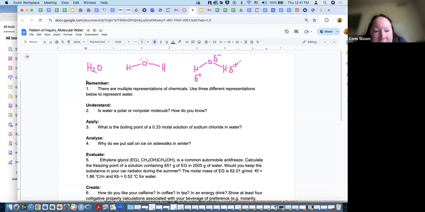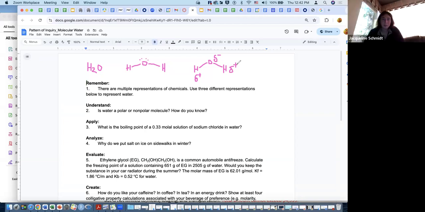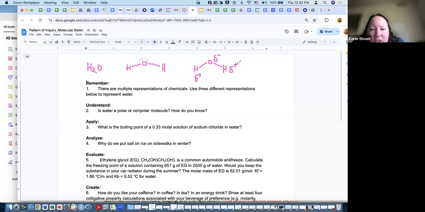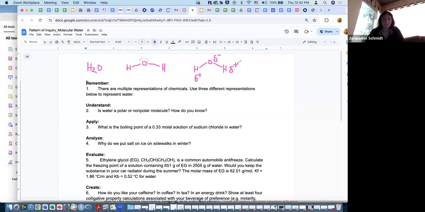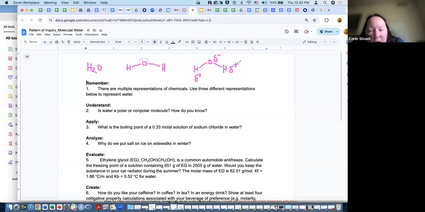All right. Is water a polar molecule or non-polar? How do you know? What do you think? Isn't it polar? Yep, for sure. How do you know that it's polar? The partial negative and positive? Right? And specifically, the fact that there's an uneven distribution of electrons. So while this molecule has symmetry because of the hydrogens, because of the difference in electronegativity, the oxygen certainly has more of the electrons than the hydrogen does. Okay,